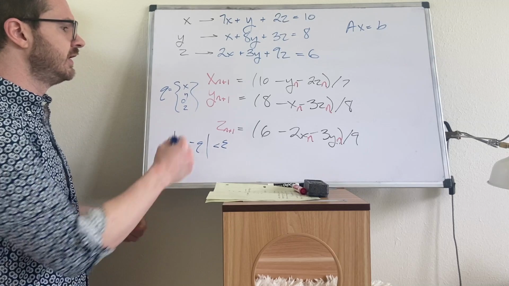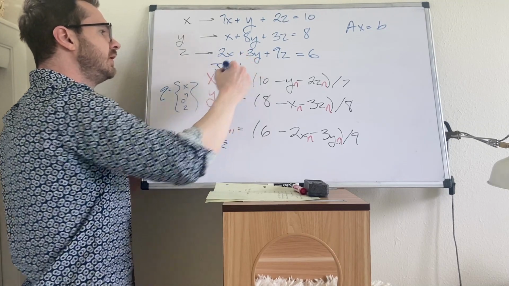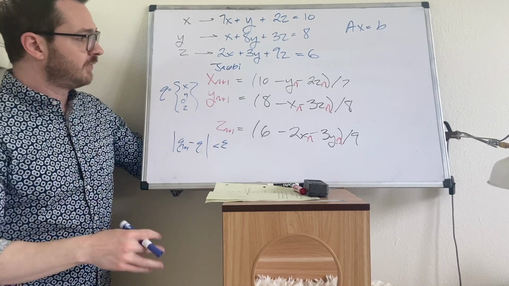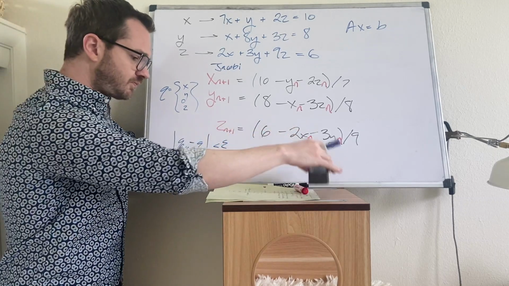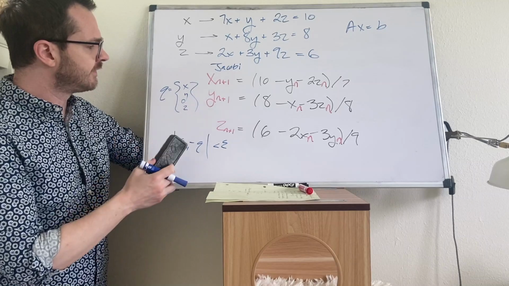Okay, so what we've just done is the Jacobi method. All right, the other method we said was Gauss-Seidel. How does Gauss-Seidel work? It's almost identical. The only difference, what we're going to do,